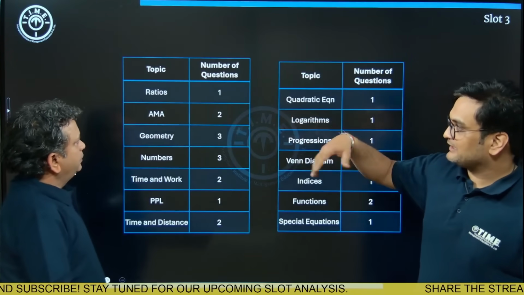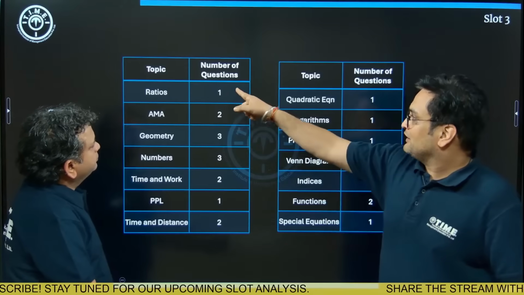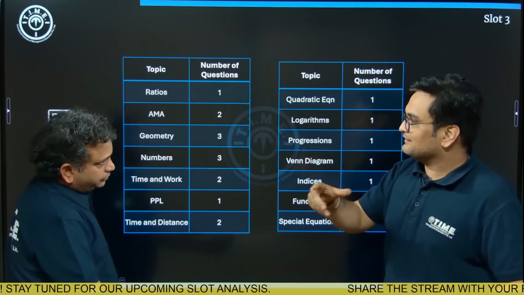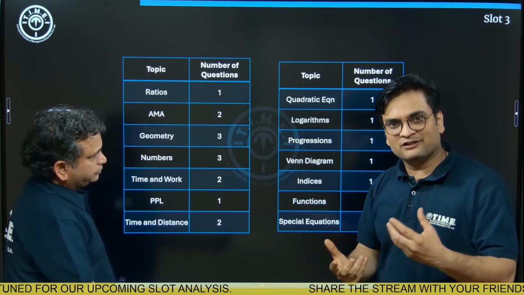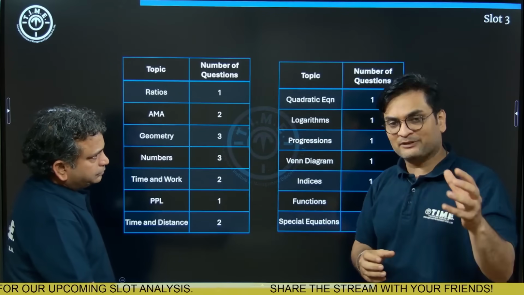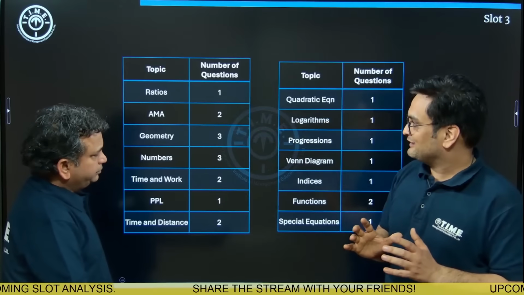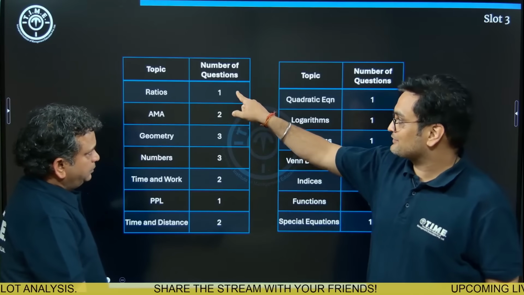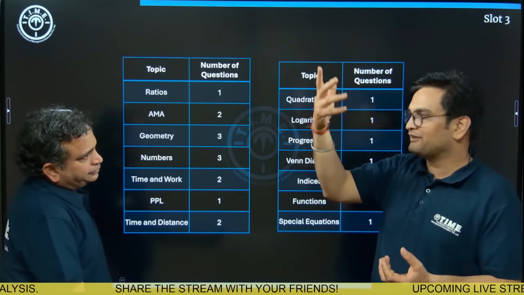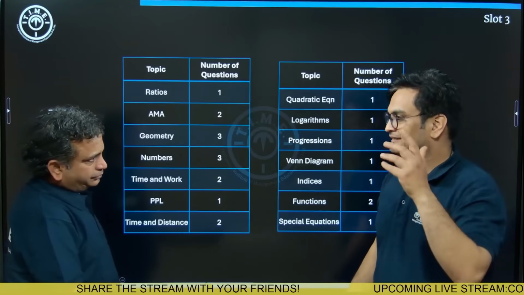So questions that came from ratio, even though the concept was easy, the question was easy to solve, the concept was easy to understand and apply, but the numbers given were very, very complex. They were not so easy to calculate. So thus, this question, even though the concept was not that difficult, would be probably M+ level of difficulty.